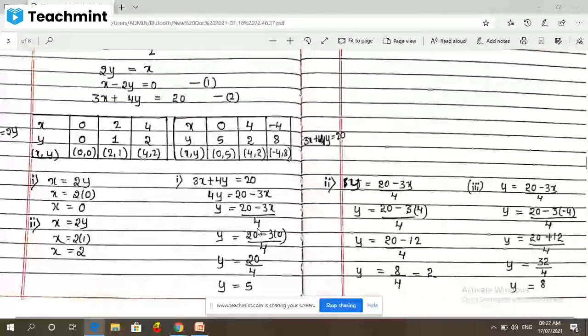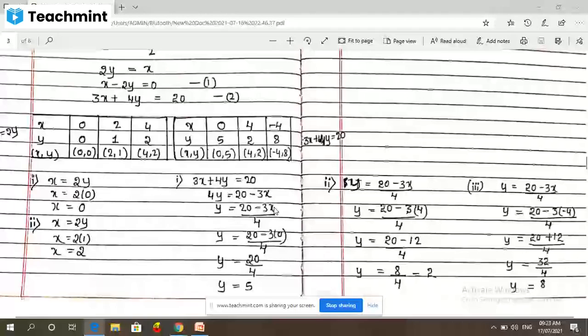Now just observe the y form. You got a fraction form, no? Y is equal to 20 minus 3x divided by 4. At that time, we have to be very careful in choosing the value of x. Which value do we have to substitute here? The x value is our choice, but we cannot take all values like 0, 1, minus 2. The denominator 4 is there in the fraction form. So while thinking of the x value, we have to see the denominator, divided by 4. For what value of x?